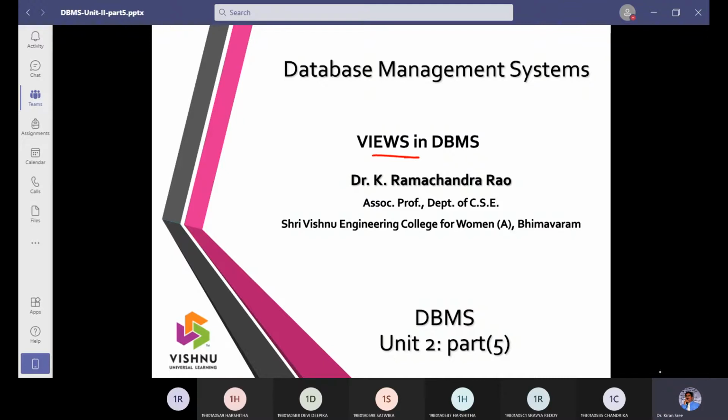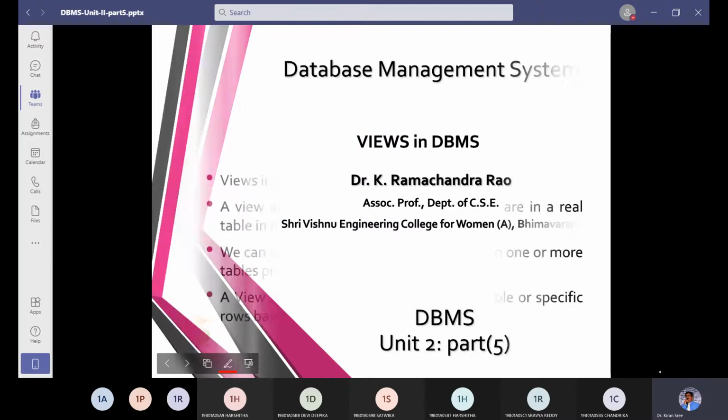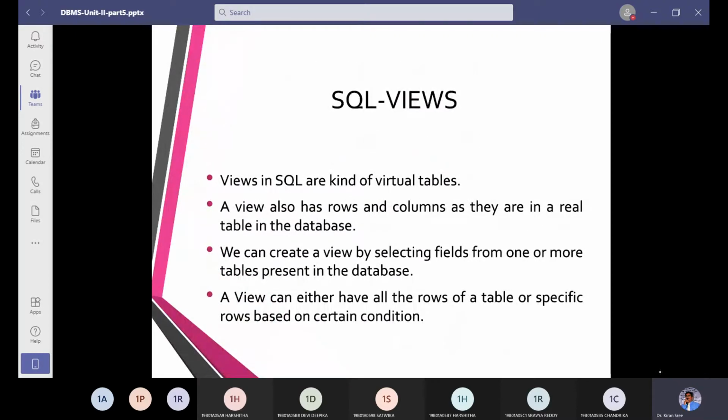So we are aware that I have a database. In this database management system, we have a database, and databases are stored in the form of tables. That was the basic concept. Now, view, we are going to call it a virtual table, and it is going to make use of rows and columns of a real table. So this was the first scenario you should understand.